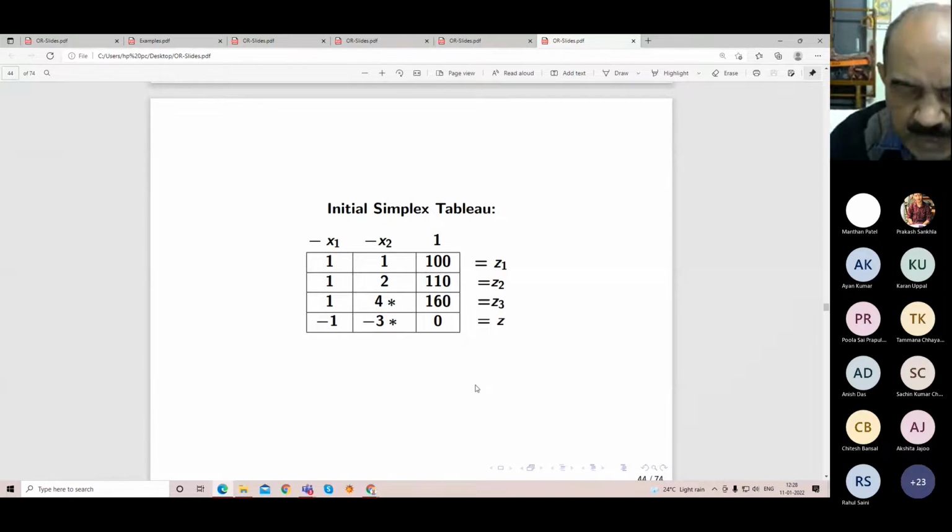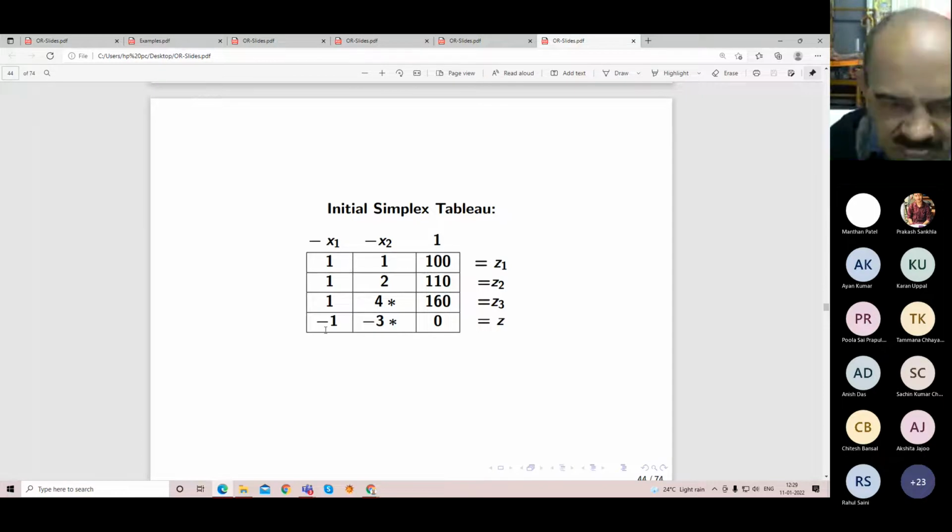So here in every table, you will find the value of the basic variable and the value of the non-basic variable instantly from the table. Now we will analyze the table, whether we can go for the next table or not. The answer is yes. Why? Because there are 2 elements in the last row of the simplex table, -1 and -3. You select the most negative, which is -3.